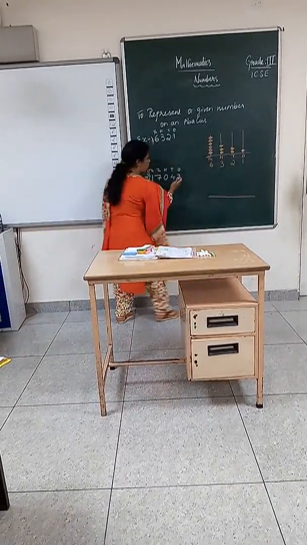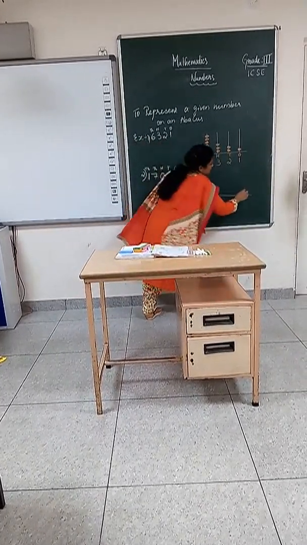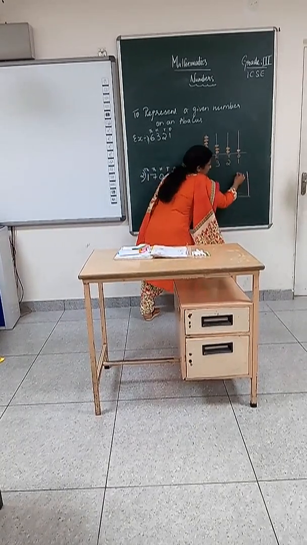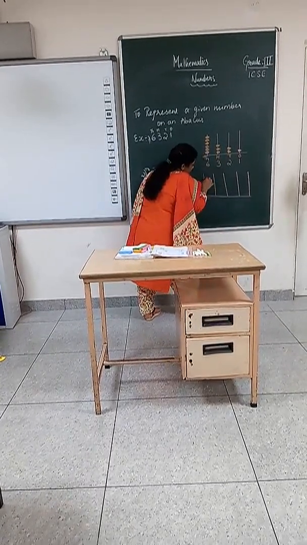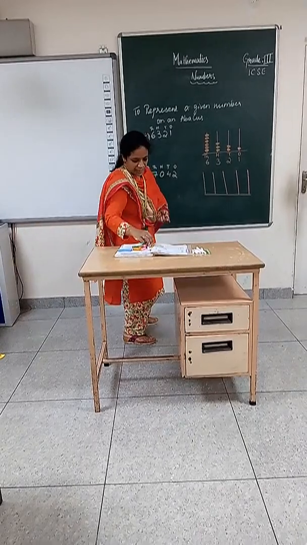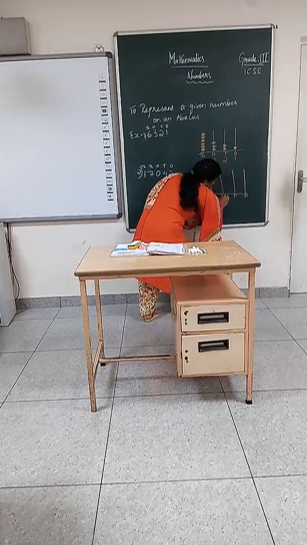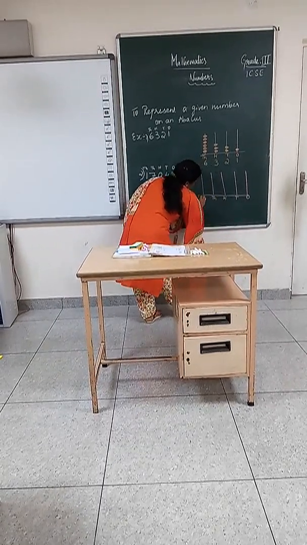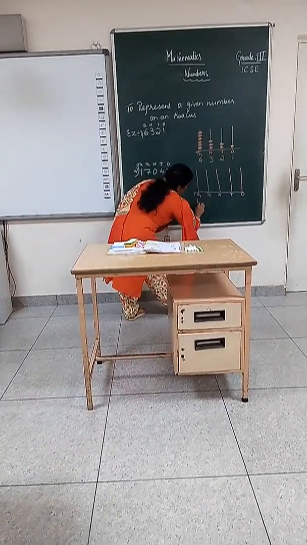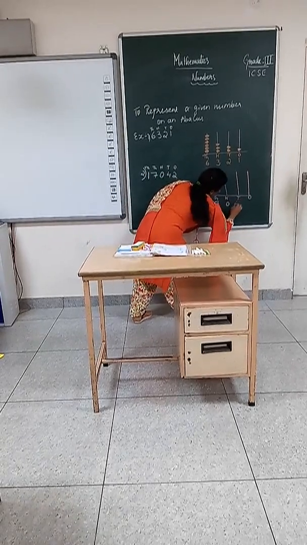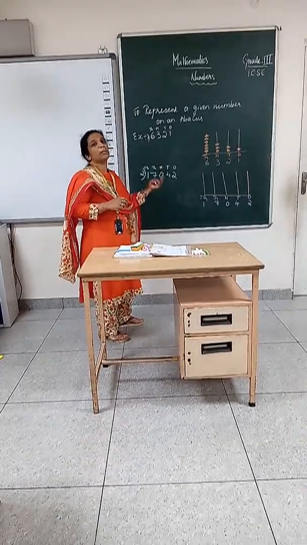As I told you, according to the number of digits, you need to draw that many vertical lines on this baseline: 1, 2, 3, 4 and 5. Then let us write the place values for this: ones, tens, hundreds, thousands and 10,000s. Then next we'll write the number: 1, 7, 0, 4, 2. So what is the next step, children? Let us draw the beads.